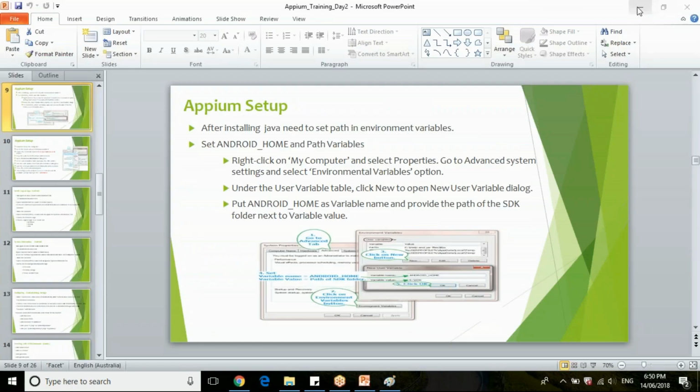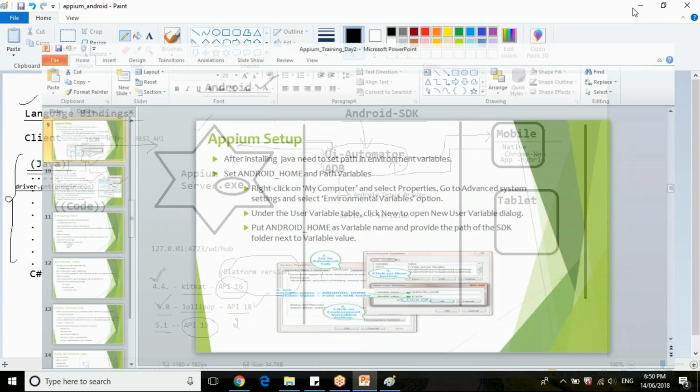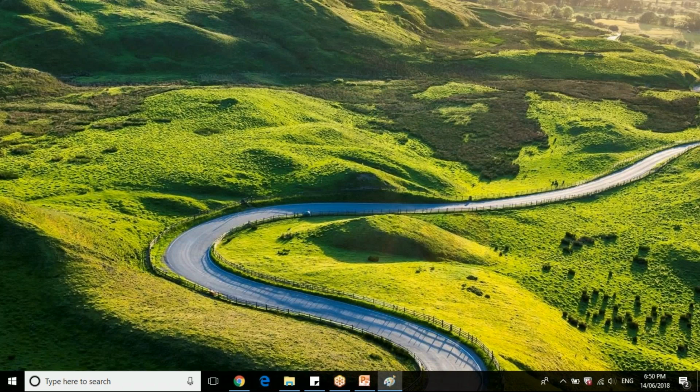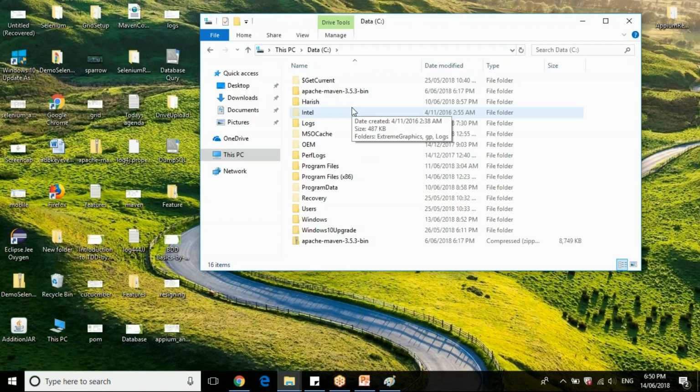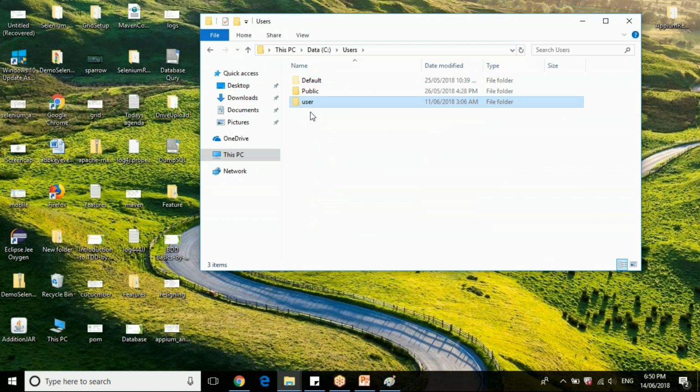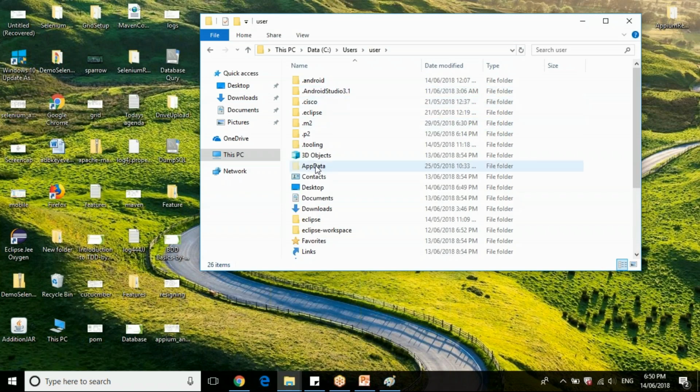So once you install Android SDK, you will get a folder, right? Go to the C drive. Under C drive, you can go under Users folder. Then select which particular user you have logged in. Then you can click on AppData. Suppose you are not able to see this AppData folder, just enable the hidden files.